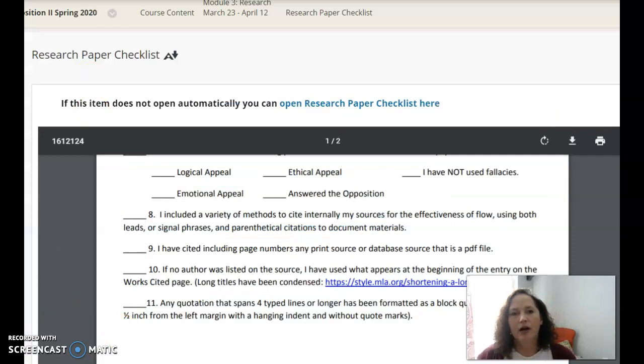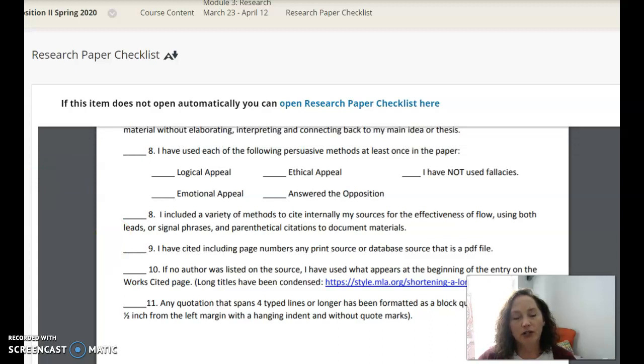Okay, now the other thing that I wanted to make sure that I brought to your attention was that when you go to your Blackboard sign-in page, it's not going to let me do that in student review mode, but if you go into the sign-in page, there is a box dedicated to the Writing Center.